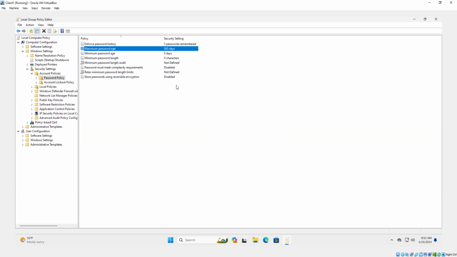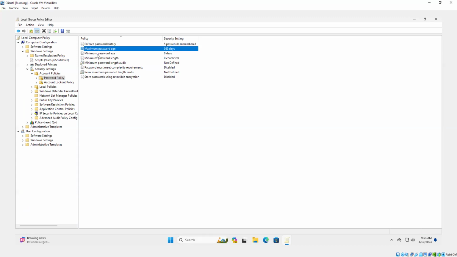Microsoft's recommendation and NIST and other cybersecurity organizations state that as long as you have a strong password and you use strong authentication like multi-factor authentication, there's no need to be changing the password that frequently, unless there is a data breach or your password has been compromised and that kind of stuff. But anyway, for this case, I'm going to make it